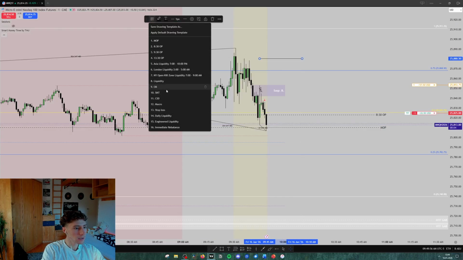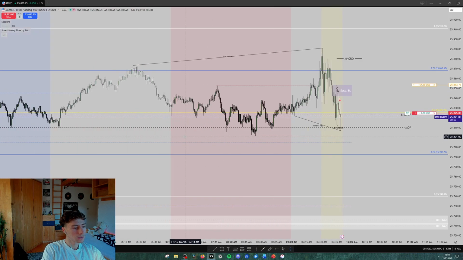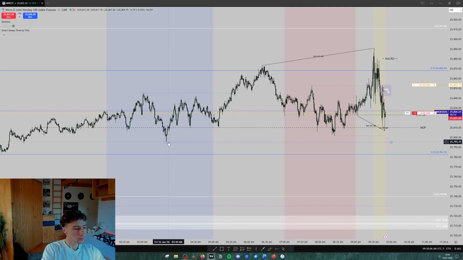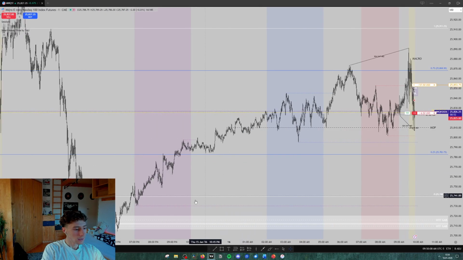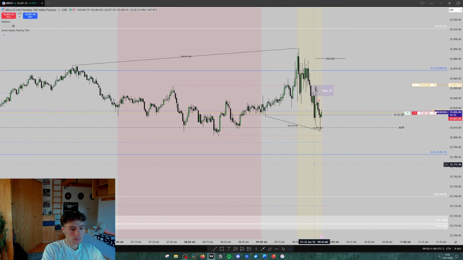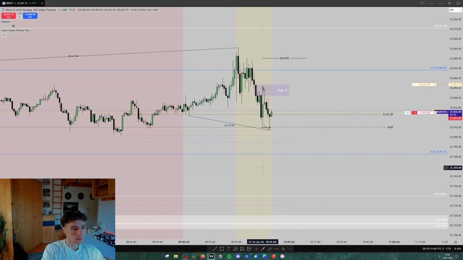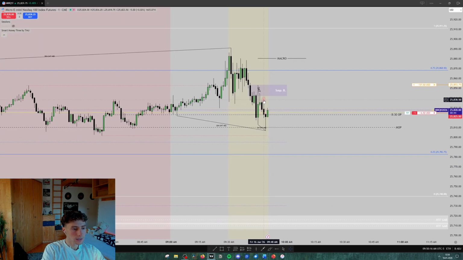We have a relatively equal liquidity draw. We have the New York open kill zone's liquidity in close proximity, the London lows, and eventually the Asia lows in here as well. So yeah, we have to see. Really late entry, actually. I don't really like it in that case, but sometimes we do not really have another chance, I would say.